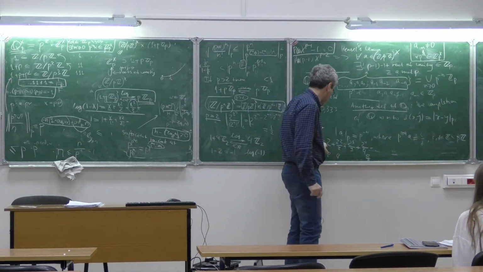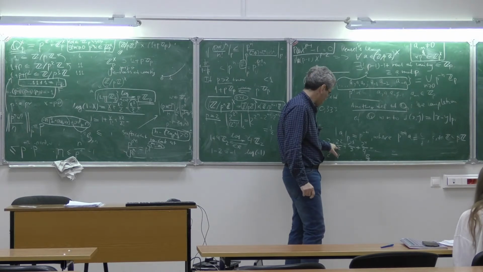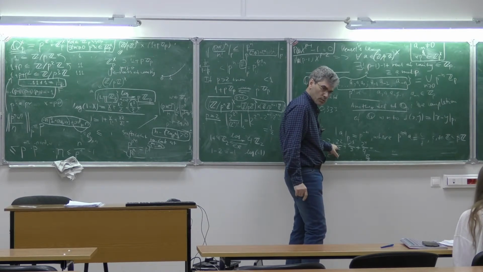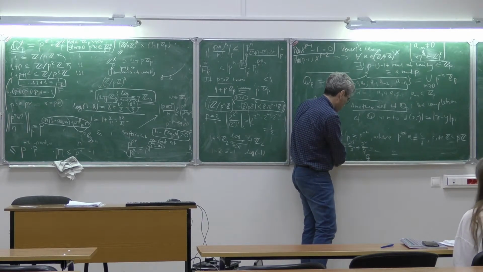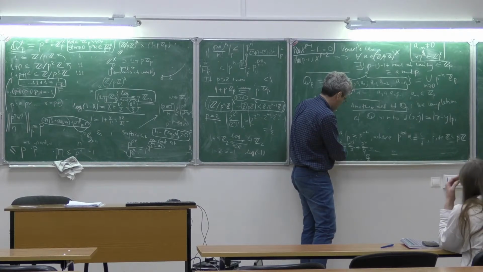This, you see, is 2. This is also 2. 2 plus 2 is 4. And here is also 4. And 4 plus 4 is 8. And 8 over 3, this is 8 over 3 plus 8 is